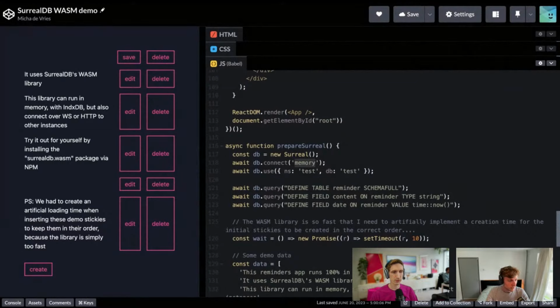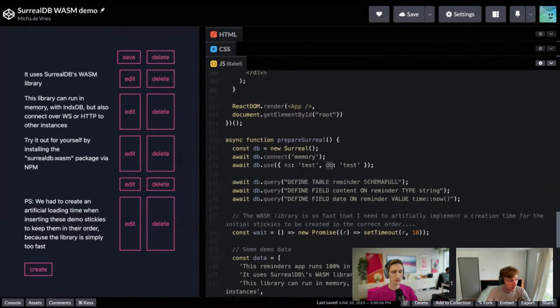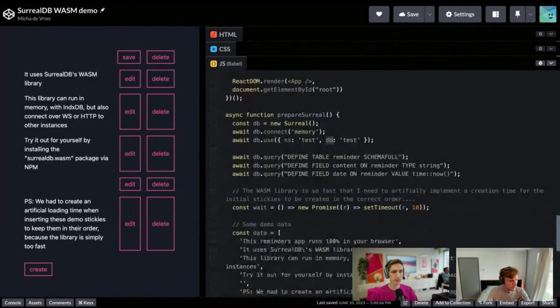Then we select a namespace and a database to use, just like we do in the JS library. And you will see that the API of the WebAssembly library is actually very similar to the JS library. So we're defining some tables and some fields here for this demo.